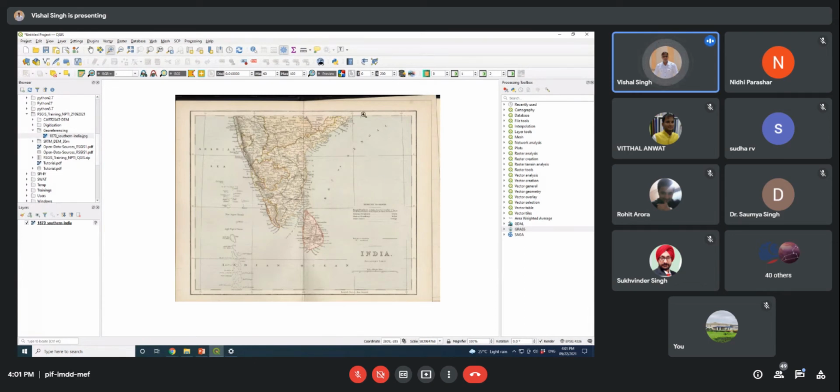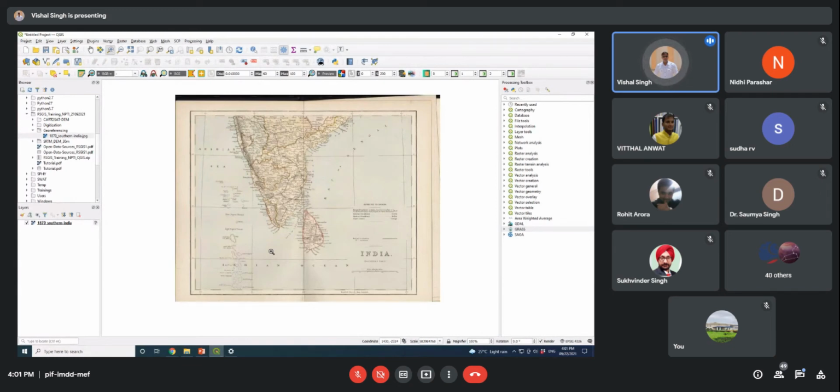So suppose that 4 locations are required to project this map. At 4 known locations you should have the latitude longitude information. Either it should be there in the map, like in a Survey of India topo sheet, or if you use this kind of map, you will get the grid system, and you can provide the coordinate information.